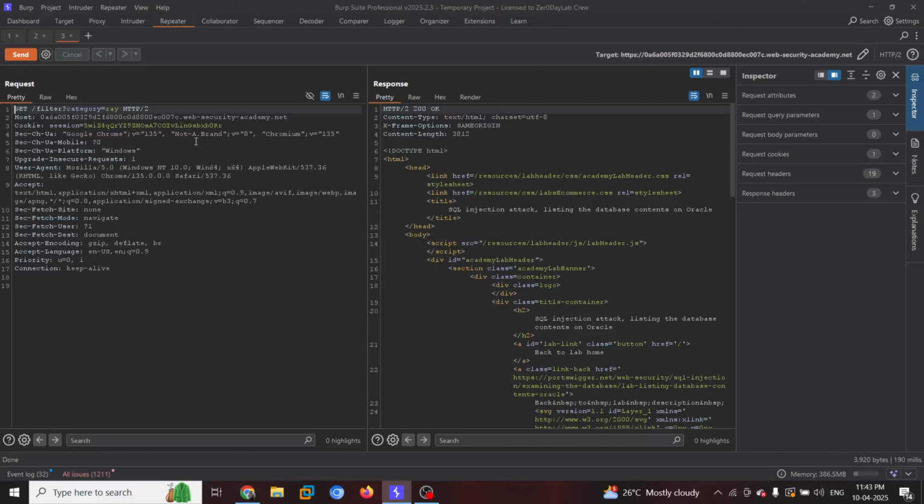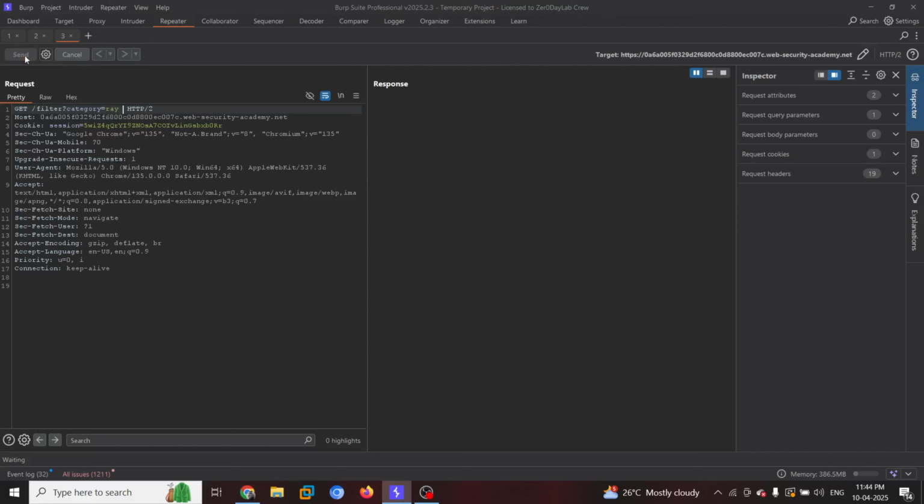Now we need to identify the developer-written code. As I told you guys earlier, there are 5 ways to identify the developer-written code or to identify if the application is vulnerable to SQL injection or not. Over here, we can either use a space and send it.